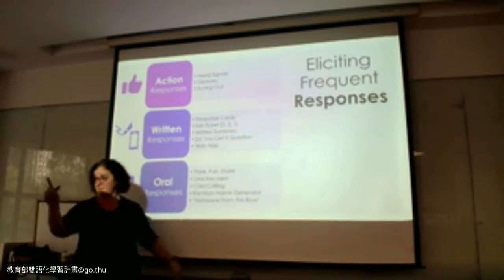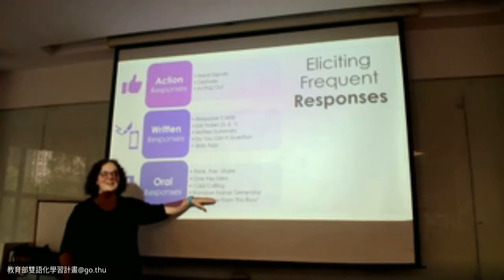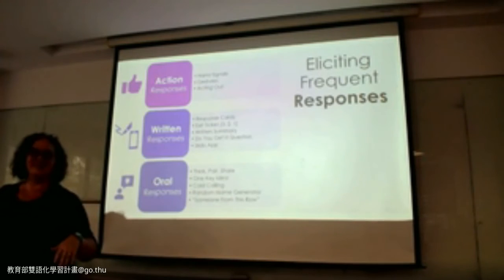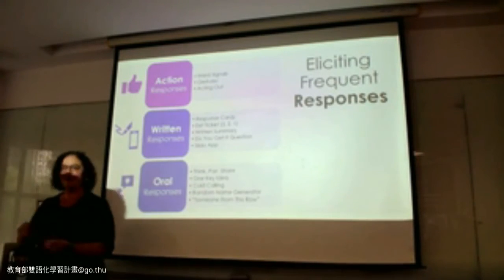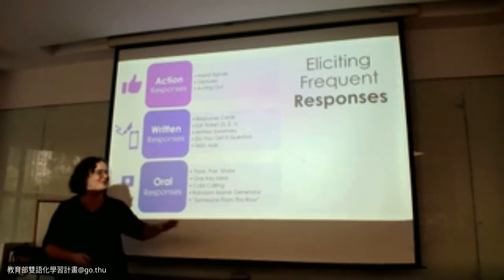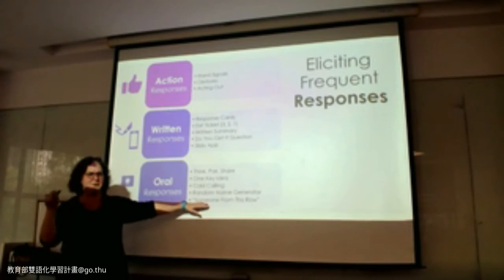Cold calling would just be, you get to tell me the answer. Random number generator: iLearn has a random generator that's already plugged in for your students. So you could go into iLearn and randomly pick a student, and the student's name will pop up. So you can let iLearn choose. And I think iLearn will even give points, like you can say yes or no to give them points.